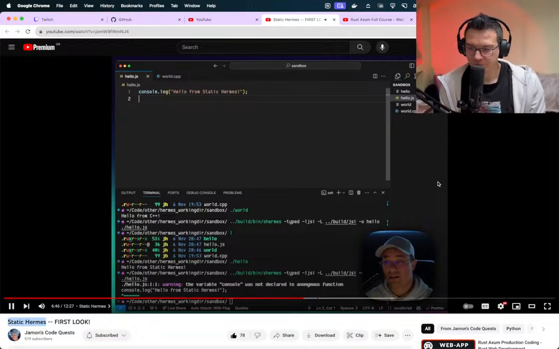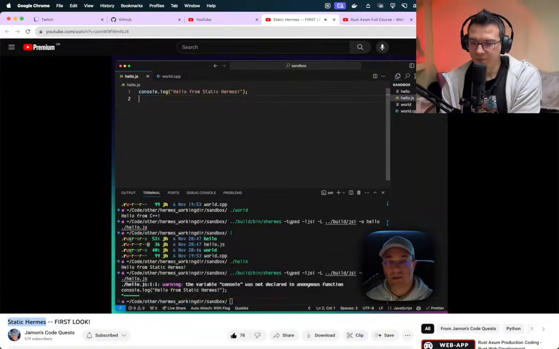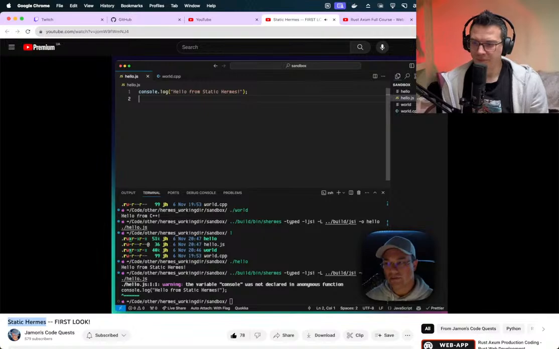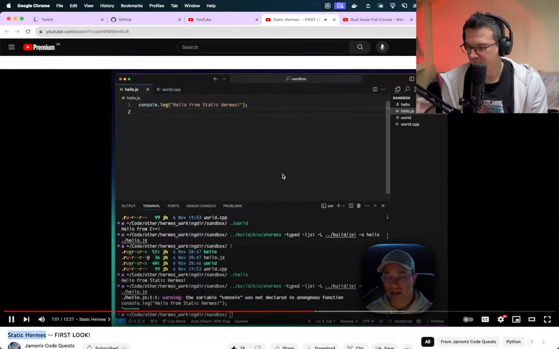Able to write full-on code here using static Hermes, just compiling right to native. But again, this is really designed for React Native. That's its primary use case. And those things are actually really defined by React Native rather than by